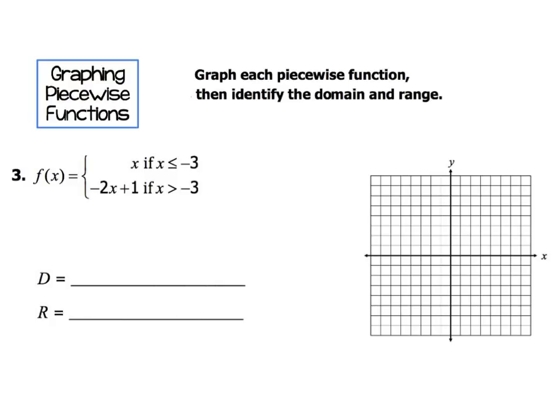All right, so now we're going to talk about how do we graph piecewise functions. So our goal is to graph each piecewise function, then identify the domain and the range. All right, so we're going to start with the first one. So the first part of our piecewise function is this right here. All right, so we're saying f of x equals x